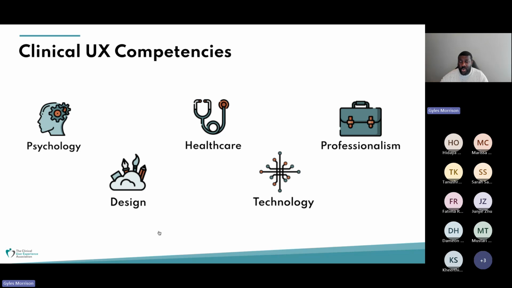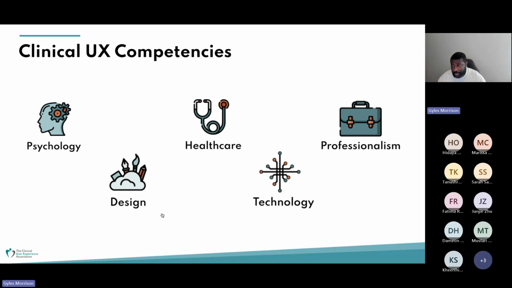So if you're dealing with psychology, it's really looking at the application of science and research and understanding people. There's design, which is problem solving, which can involve creativity and artistic skill as well. Then there's healthcare, like how do you deliver healthcare services and make sure that you solve the biggest health problems, but also provide healthcare services for everybody. Then there's technology, understanding how healthcare is impacted by different types of technologies, software, physical devices, so on and so forth. And then professionalism. So methods, mindsets required to work effectively to apply all of this in a workplace and to